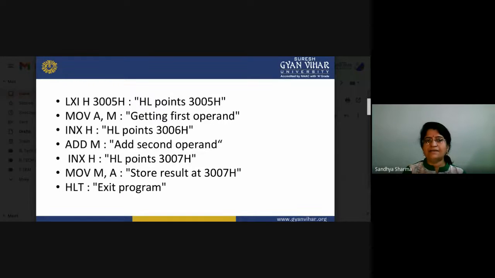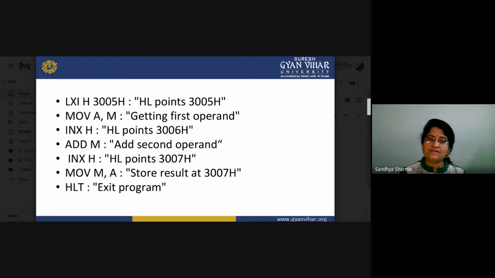So ADD M means, after incrementing HL, our pointer is on 3006, so it will read the content of 3006, and that content will be added to the content of the accumulator. And what is the content of the accumulator? In the accumulator the content of 3005 is stored.